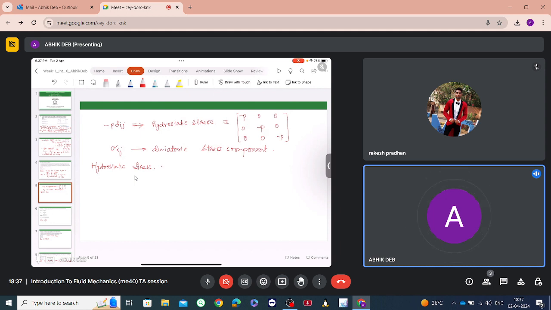Hydrostatic stress minus p delta ij is independent of deformation of the fluid element, and this sigma ij we have to find out now. So for the sigma ij, before we go into this,